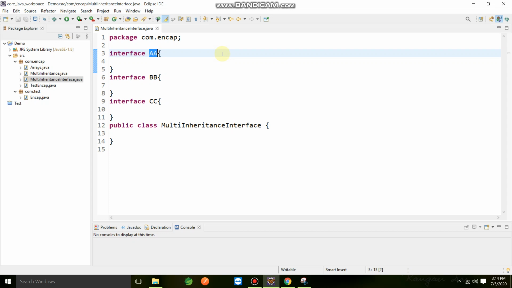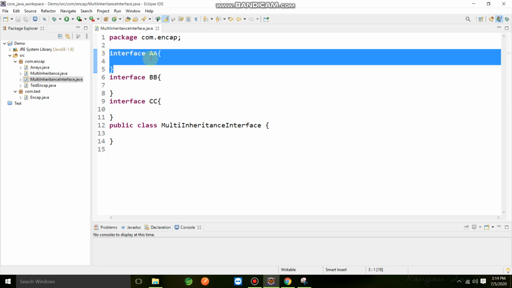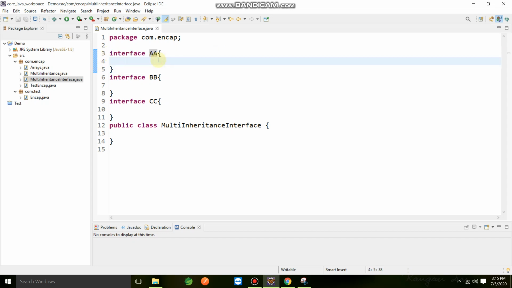Suppose you have a method inside here, show. You know you need that particular method, but at this time you don't know what to write inside show; you don't know the implementation. That implementation will be done by some class when it implements that particular interface.